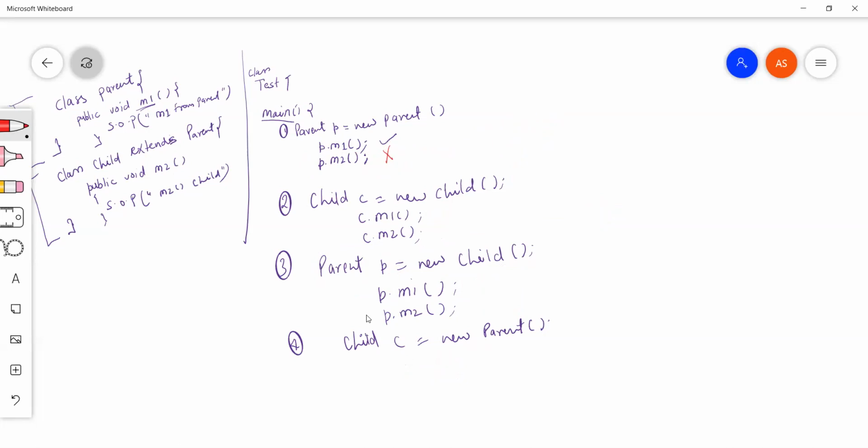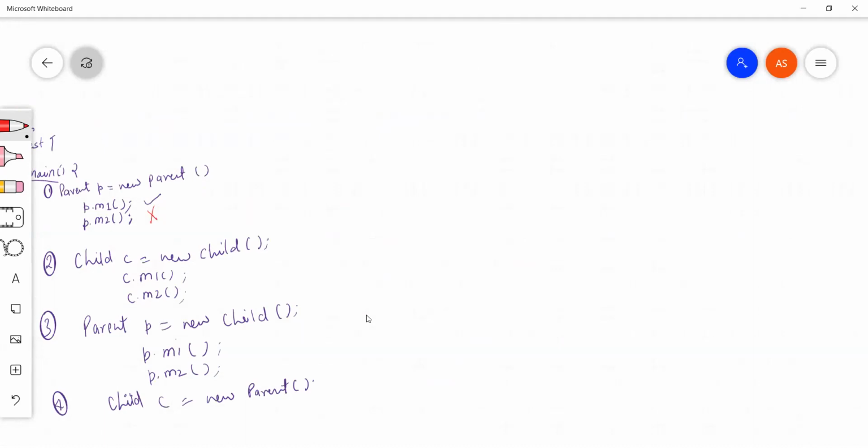Let me just take an example. So yesterday we were talking about this object class, right? In this object class there are 11 methods which are basically applicable to all the objects. What I mean by all the objects, let's say we have P class or parent class, we have a child class, we have, let's say, X class. So all these 11 methods would be available to these classes here.